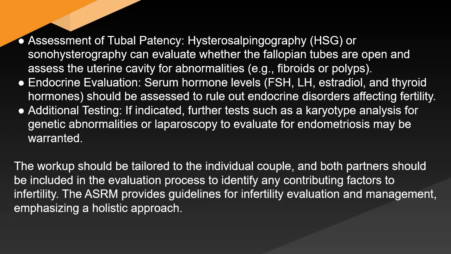Assessment of tubal patency. Hysterosalpingography (HSG) or sonohysterography can evaluate whether the fallopian tubes are open and assess the uterine cavity for abnormalities, e.g., fibroids or polyps. Endocrine evaluation. Serum hormone levels, FSH, LH, estradiol, and thyroid hormones should be assessed to rule out endocrine disorders affecting fertility. Additional testing, if indicated: further tests such as a karyotype analysis for genetic abnormalities or laparoscopy to evaluate for